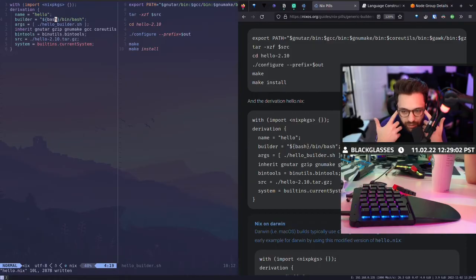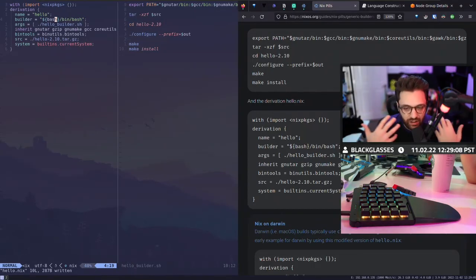So as a person building this system, you basically go, okay, well, the builder can be anything. The user has to provide that to us. So when we give it bash, we're not actually building software with bash. What we're doing is we're running a bash shell, and then we're running our builder script